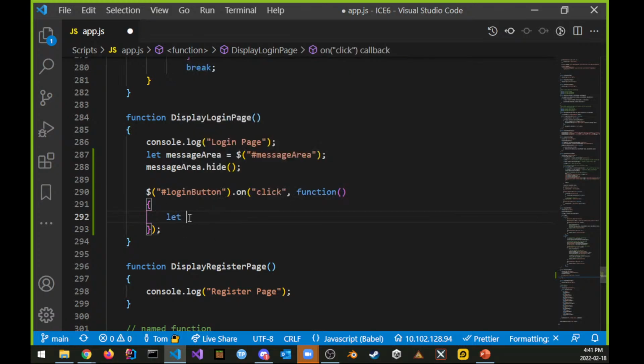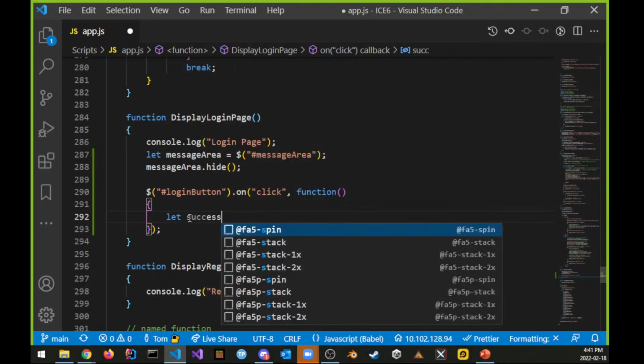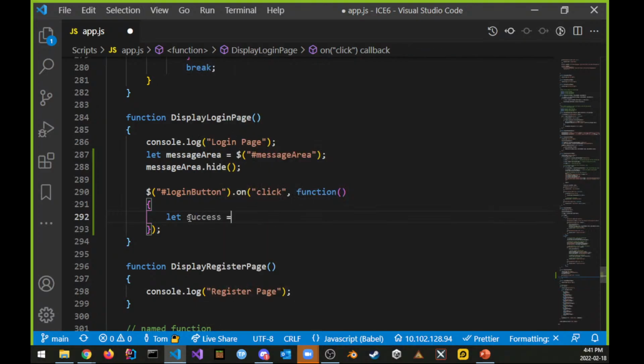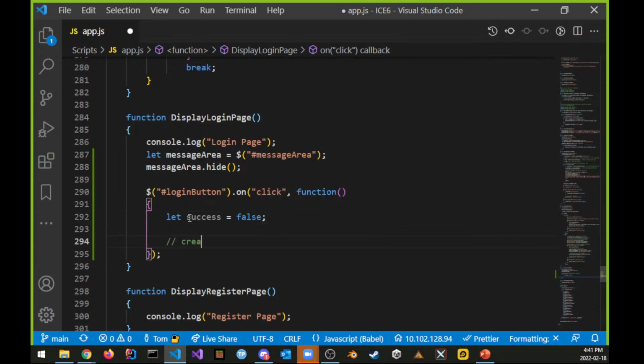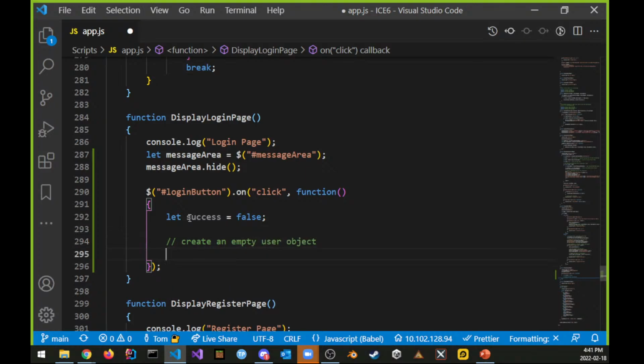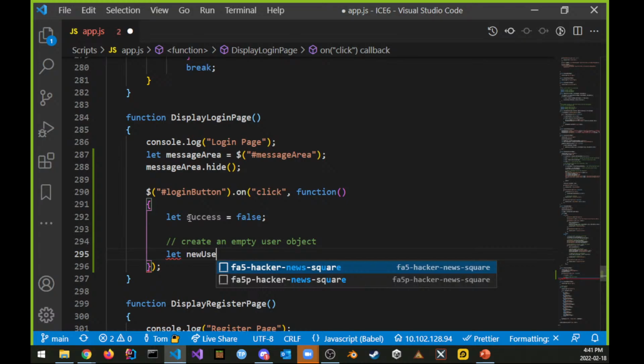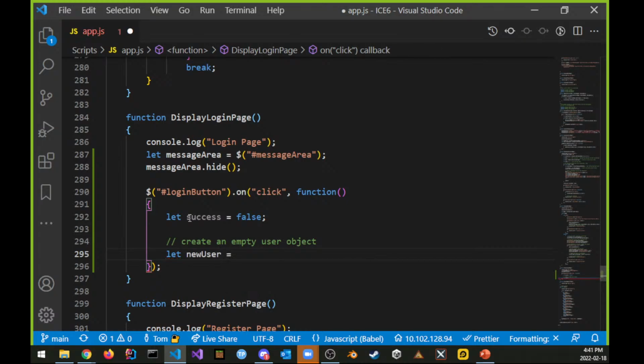I need to set up some criteria. Let's say our success to log in and log out is by default false. We're also going to create an empty user object to hold our new user that we're going to log in with, new user. That's going to be equal to new